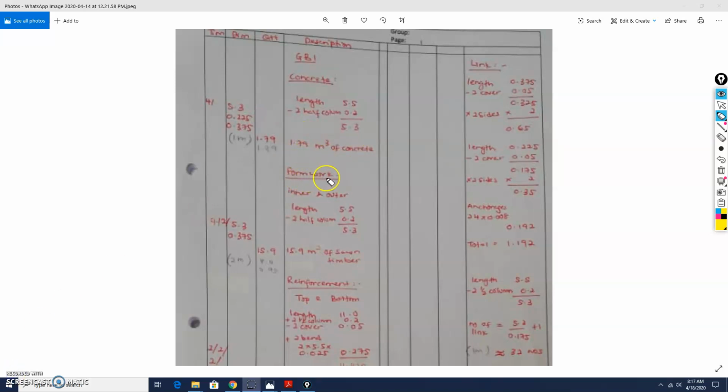Next, for formwork for GB1, you can do for inner and outer at the same time. So the timesing will be 4 times 2. 4 is because you have 4 number of GB1. 2 is because you do for inner and outer. So that's why it becomes 2. And then for the length, 5.5, you need to minus 2 half column, which is 0.2, and you will get 5.3. And then you need to put your depth